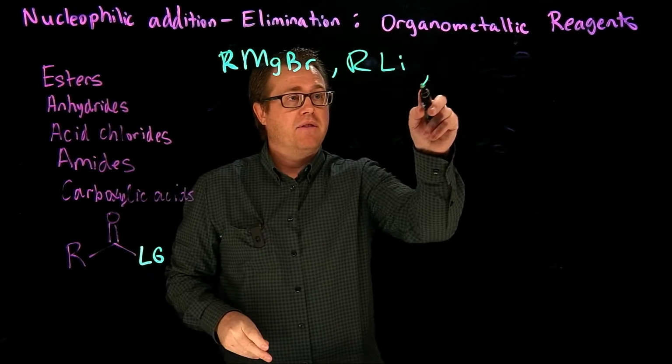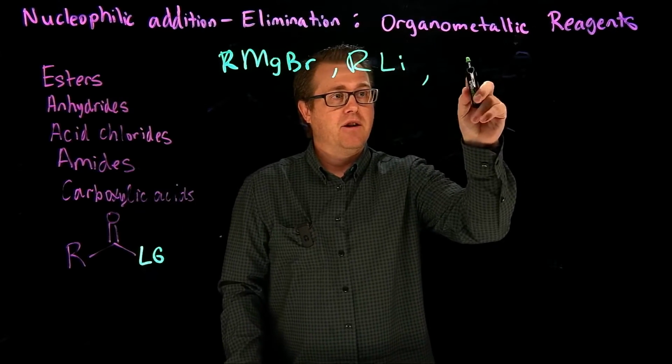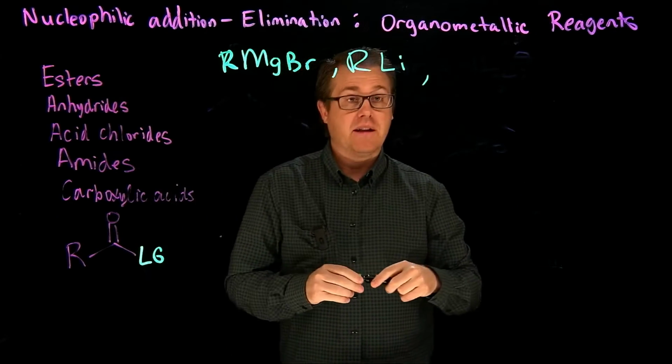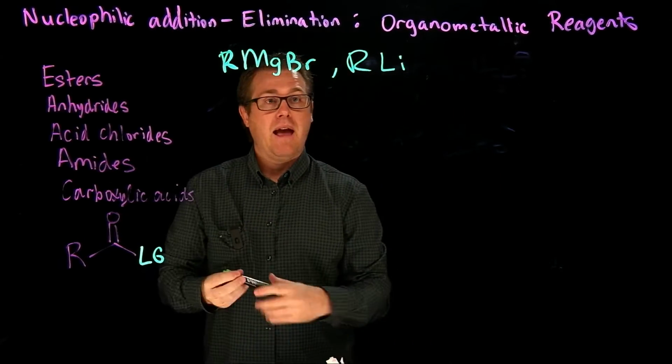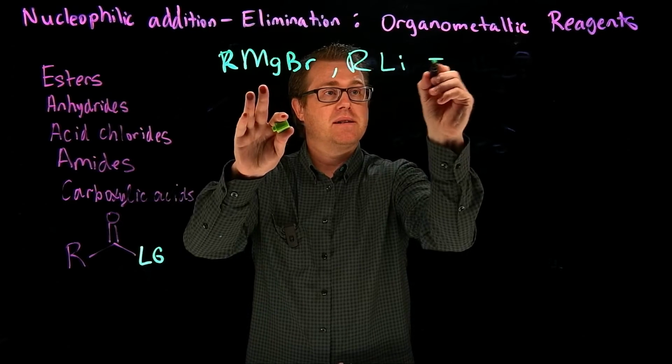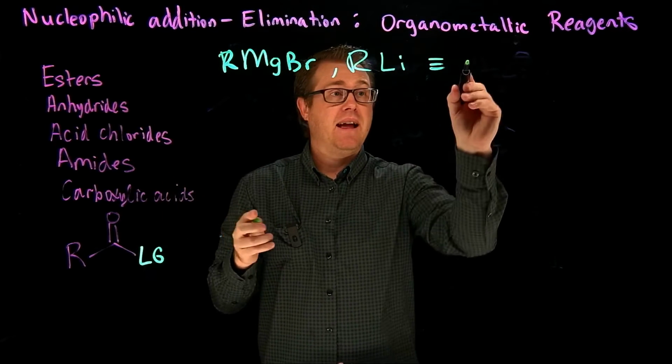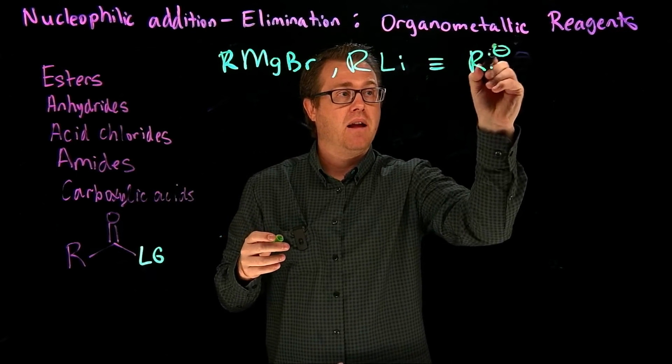We also have the dicuprates or the Gilman reagents, but we're not going to look at those quite yet. I just want to look at these two right here. And remember that both of those, when we simplify it down, can simply be represented by an R